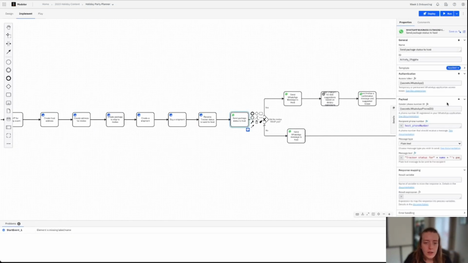So going in here, basically all you need is a WhatsApp access token, as well as, when you sign up for WhatsApp, you can also set up your phone number. So that's this phone ID right here. So I know that I'm getting it from myself. And once I'm in here, I am going to put in the phone number that I'm sending this update to, which is my phone number, as well as a quick message in here. So basically, I'm just saying that the tracker status for the specific person that I invited is right here.